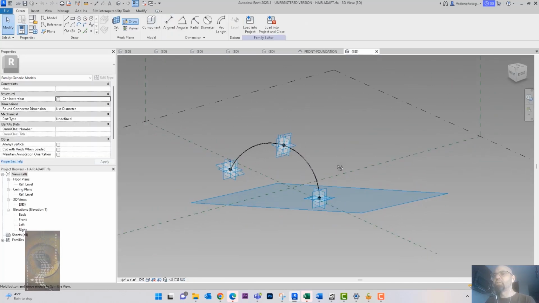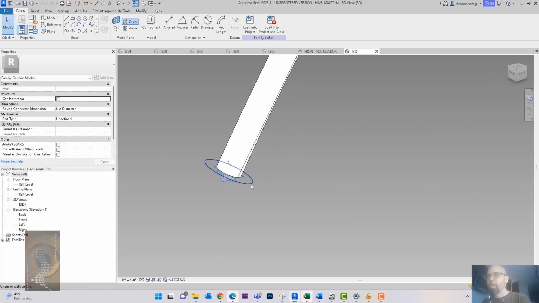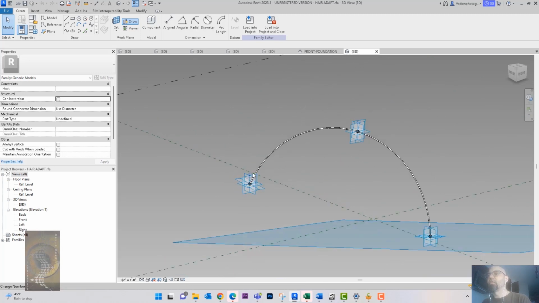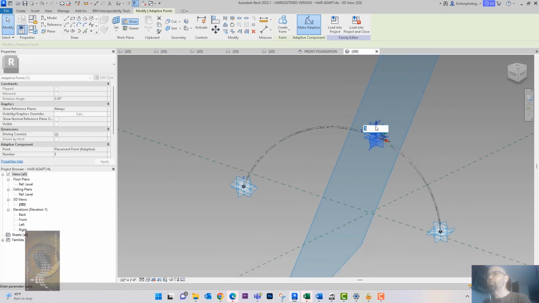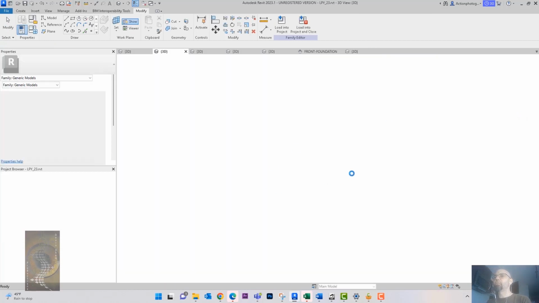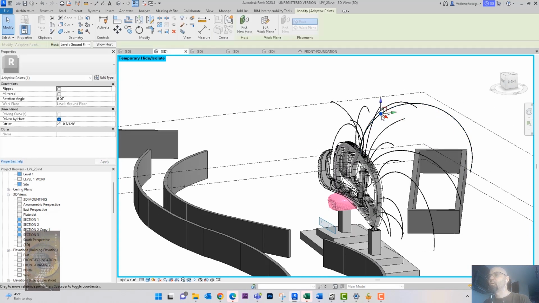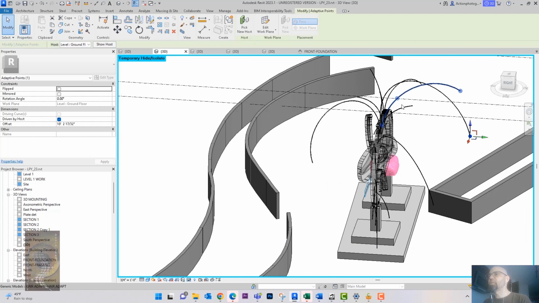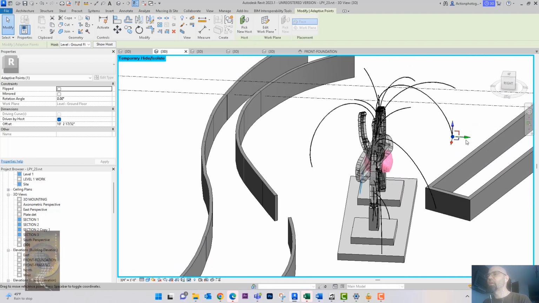So similar to what we just did in the previous example, I just used 3 points. I set my work plane and created a circle, and then I used the line just like we did in the tube. So by putting an extra point here, this allows me to manipulate this within the file. So after I placed the hair, as they're called, I can just grab these points here and I can manipulate them. Also grab this one and move this up. So just by creating a simple 5-minute adaptive family, I can literally bend these things in